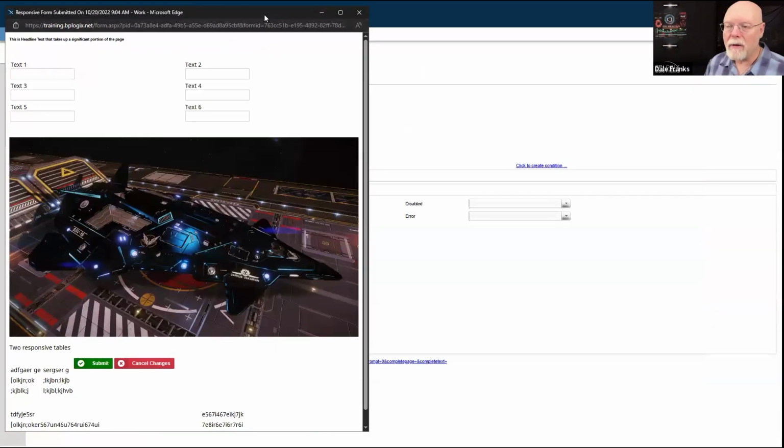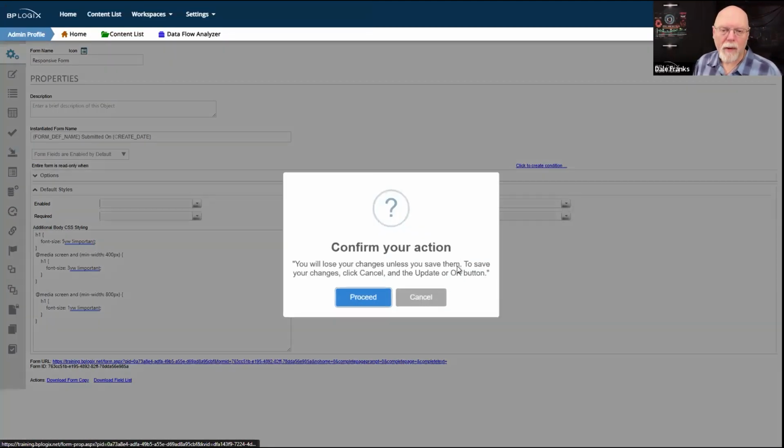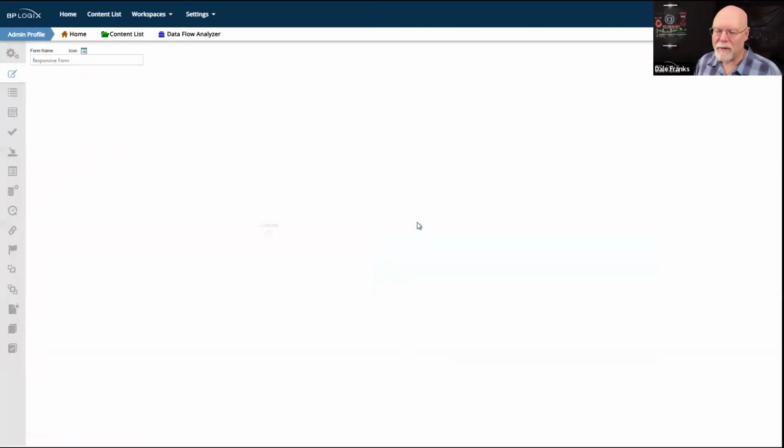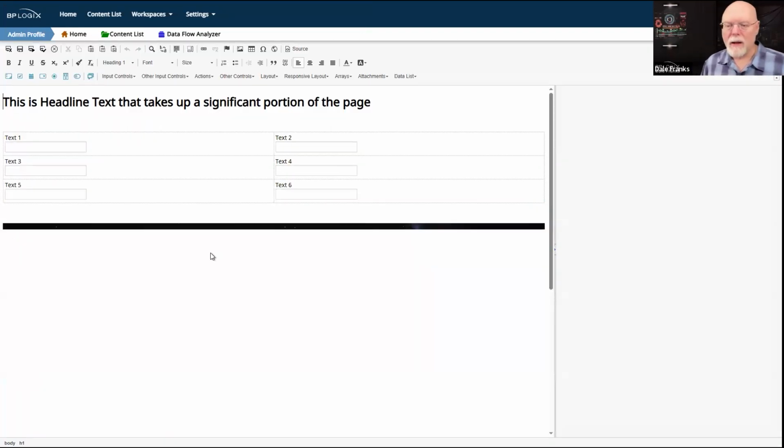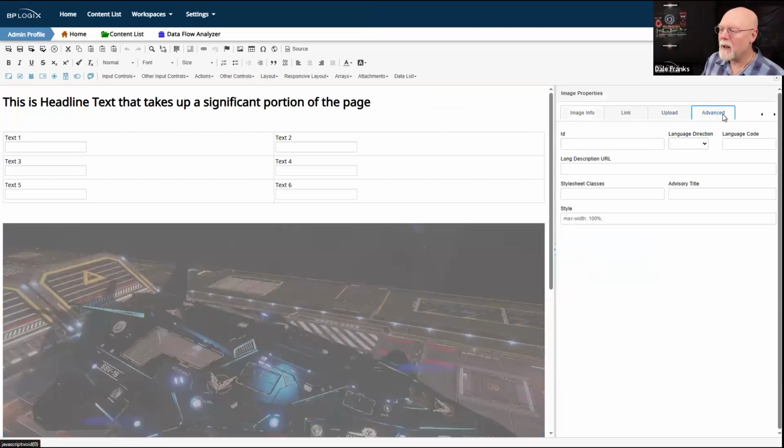What I have done for this, just to be sure that I display it fully on the page, is I've given it its own style. So for the image itself, if I go into the image control and I go into the advanced, there is a style control, and there is a CSS property called max width.